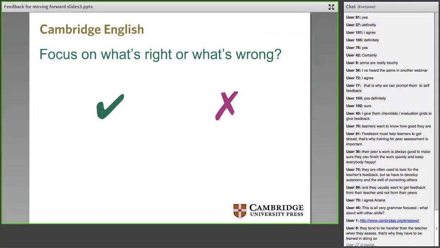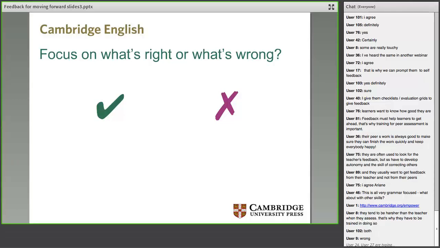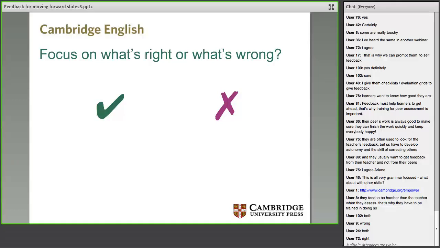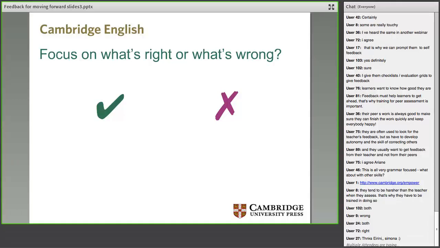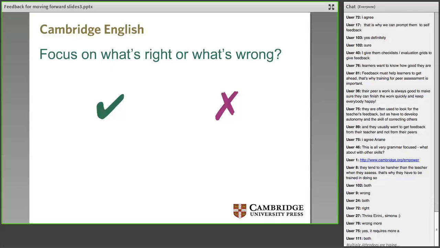Okay, my next question is, do we focus on what's right or what's wrong? Now, I sometimes think we don't focus enough on what's right. I think especially when we're marking things like grammar exercises, we tend to focus on the ones that are wrong. And yeah, it's really important that we do that because they need encouragement. Okay, and also they need to take away the right answers. However,